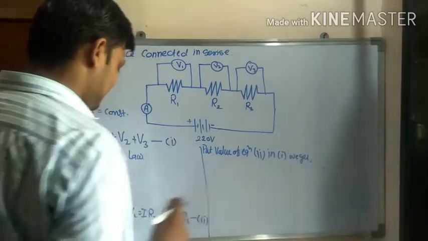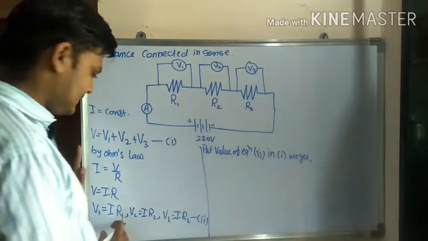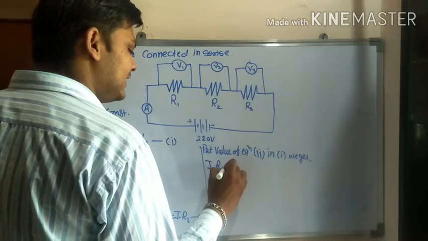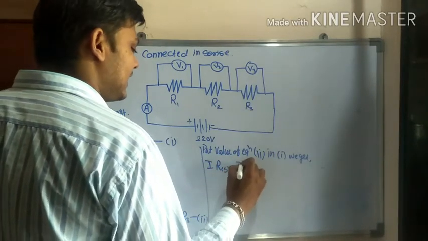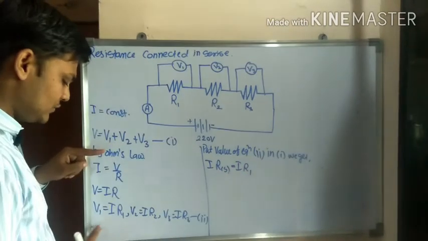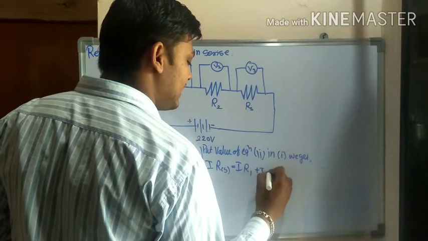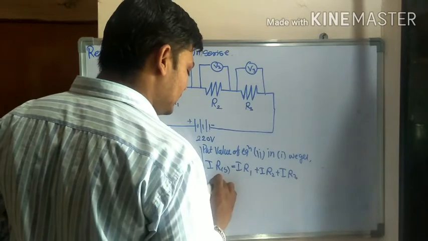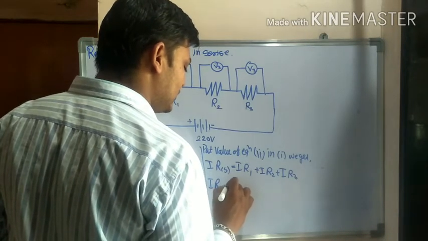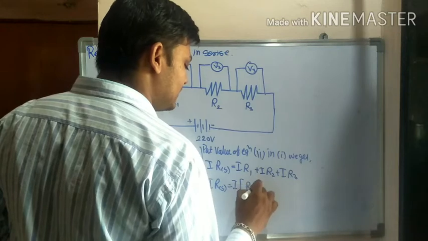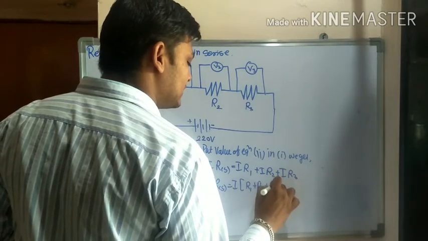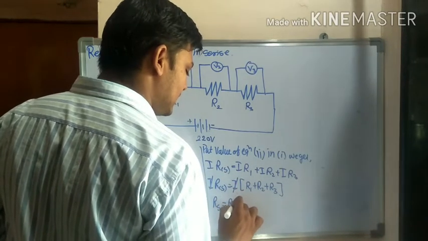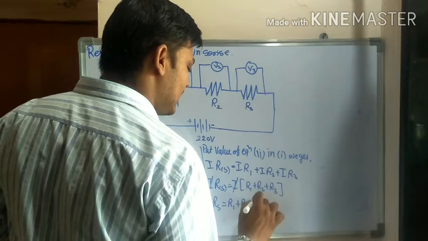What we get here? V की जगह पे क्या लिखेंगे हम लोग? IR. ठीक है, V इज इक्वल टू क्या लिखेंगे? IR. सो IR, लेकिन ये R कौन था? सीरीज वाला. नेक्स्ट IR1, V1 की जगह पे क्या? V1 का वैल्यू जो कि है IR1 प्लस IR2 प्लस IR3. इन सब में से I को अगर कॉमन निकाल लिया तो IRS इज इक्वल टू I इन ब्रैकेट R1 प्लस R2 प्लस R3. See, I get cancel, so RS is equal to R1 plus R2 plus R3.